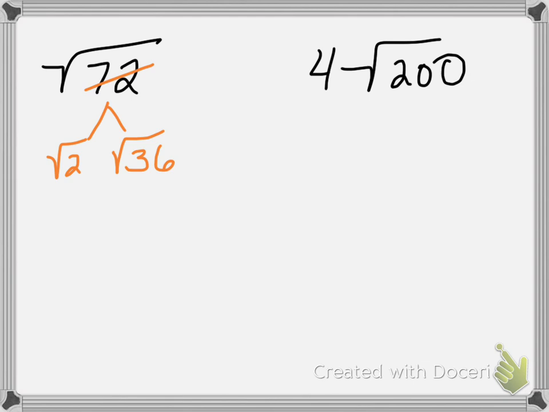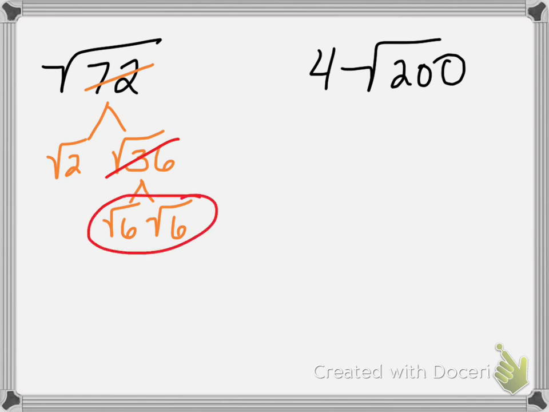Oh, look, 36 is a perfect square. That's radical 6 times radical 6. It's a perfect square, so now I'm all done. Okay, 6 can come out as a radical 6. This radical 2 is all by itself, so it's got to stay in. And there's my solution. Okay, now with this next one, it's a little bit different because I got that 4